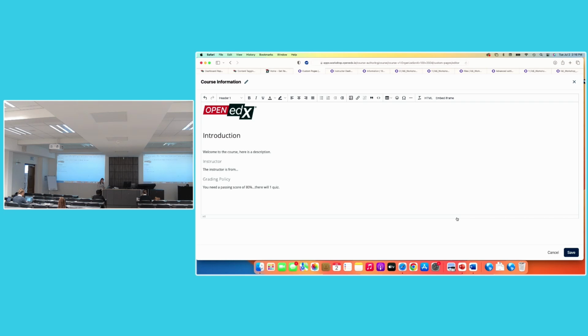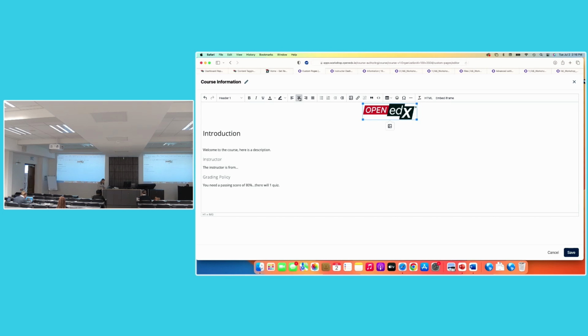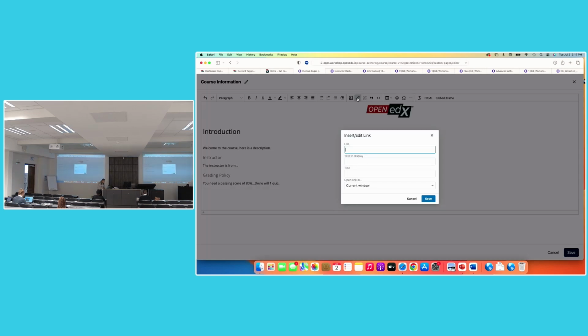Go ahead and click Save. And if I want to center it, if I select it, I can use the centering button here in the middle. I can make it a bit smaller. You can resize on the fly, which I think is also really nice. If it's too big, you can just change the size. And then if you want to add a link, that is right next to the picture icon. So if you wanted to add a link back to your organization,